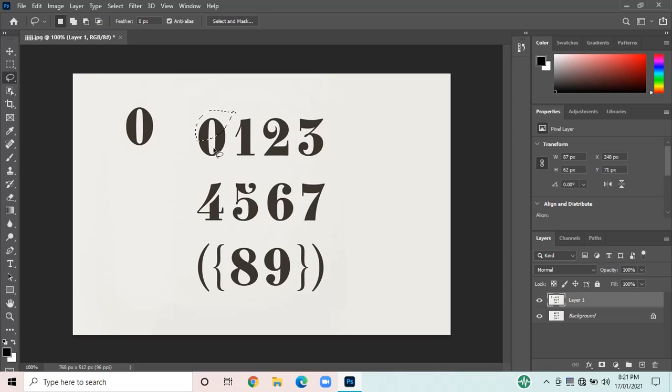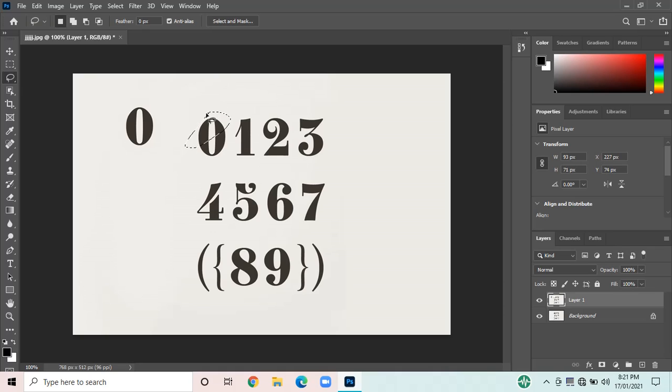Then I will simply press the Control key. You can see over here it shows me the crop symbol, and I will be holding the Alt key and clicking on it.